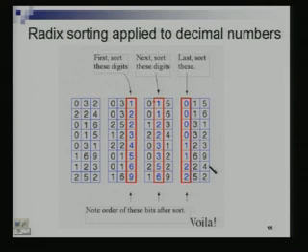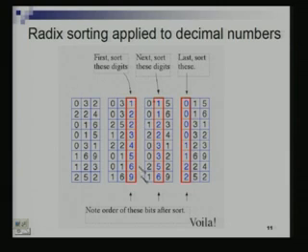Now we need to figure out the time complexity, how much time we are taking. How many such passes are we making? We are making as many passes as the number of digits or the number of bits. But we need to now see what we are going to do in one pass. How are we getting the 1s before the 2s, before the 3s and so on in a stable manner? How much time does that take? What kind of a scheme should we employ for that?